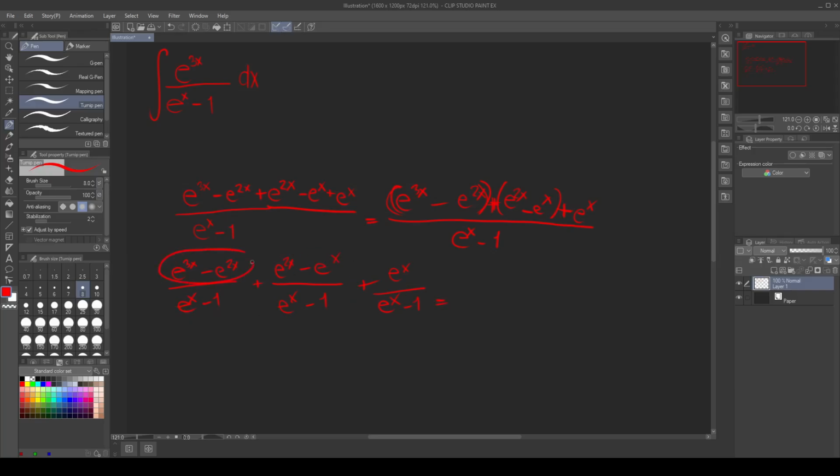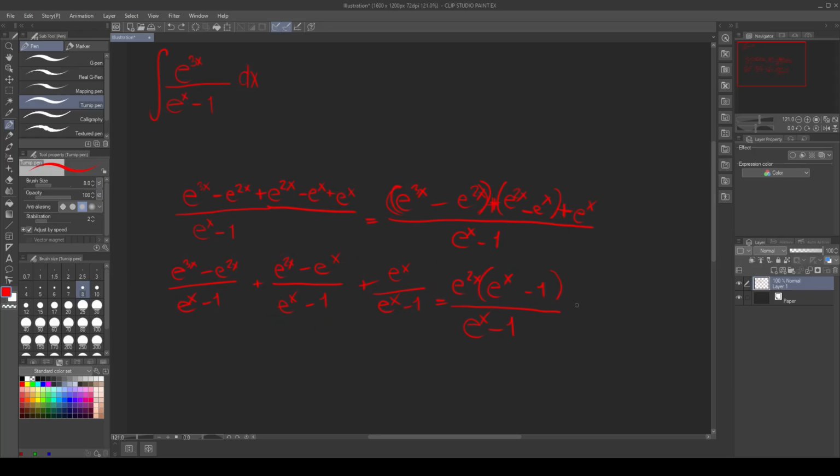You can actually factor this by getting rid of e to the 2x. Let me show you. This difference over here is just the same thing as factoring out e to the 2x out of it. So it's going to be e to the 2x multiplied by e to the x minus 1. Because again, if you distribute this or you multiply this, you're going to be left with the same thing over here. So e to the 2x multiplied by e to the x, that's just e to the 3x. e to the 2x multiplied by negative 1, that's just negative e to the 2x, which is this over here. So divide that, you've got your e to the x minus 1,